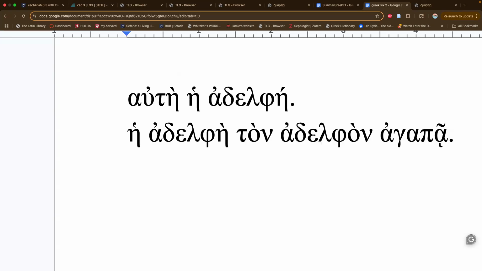That brings up a good point. So the names of the vowels or of any of the letters, you only say the eta or epsilon when you're referring to the actual letter. This is actually like a word. This is the definite article, so this is just hey. So you won't say heta. But yes, correct. So this is a great example. This would be aute, not haute, because it has the soft breathing. And then this is hey instead of a because it's a rough breathing. Does that make sense? It just is one more minutia of